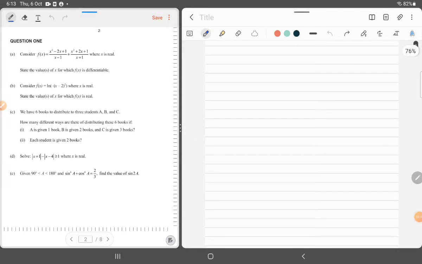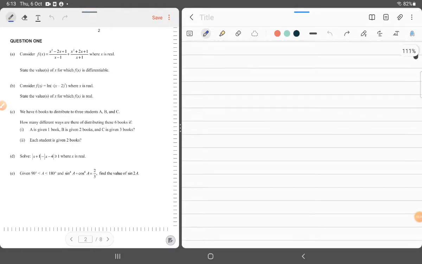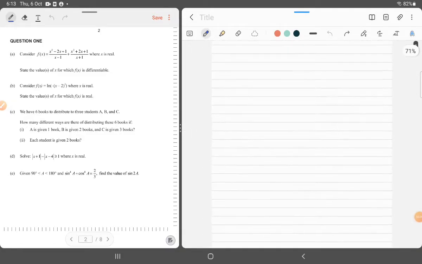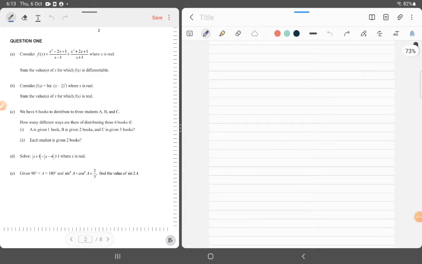So, question 1a, consider f(x) equals (x squared take away 2x plus 1) over (x take away 1) plus (x squared plus 2x plus 1) over (x plus 1), where x is real. State the values of x for which f(x) is differentiable. So, f(x) is differentiable where,